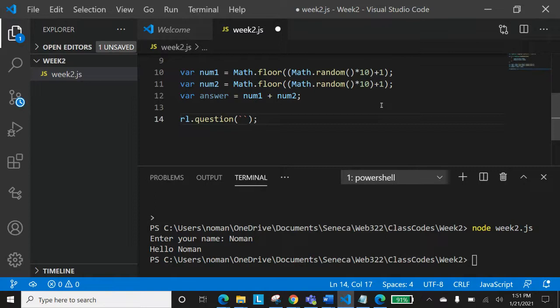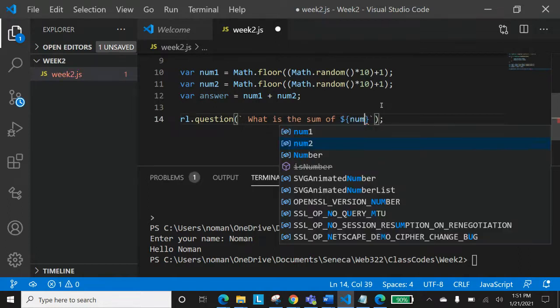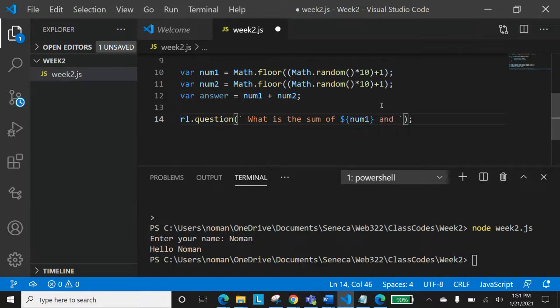So yes, I'm asking about the backticks. Have you used backticks before, and how to interpolate variables inside a string? Okay, Daniel says never. Now listen about it. There is one method of interpolating variables inside your string. For example, I want to know what is the sum of the first variable, and I'll place $num1 and $num2.